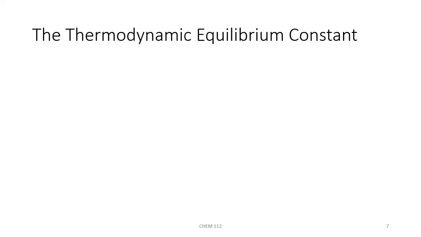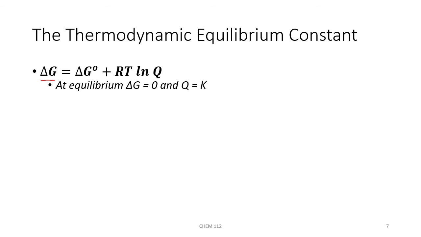We can also relate our thermodynamic equation for delta G back to our equilibrium constant K. We learned that Gibbs free energy, the non-standard state Gibbs free energy, is equal to delta G naught plus RT ln of Q. But at equilibrium, delta G is equal to 0, we learned, and Q, the reaction quotient, is equal to K, the equilibrium constant. So we can substitute 0 in for delta G and K in for Q. So this would become 0 equals our delta G at standard state conditions plus RT times the ln of K